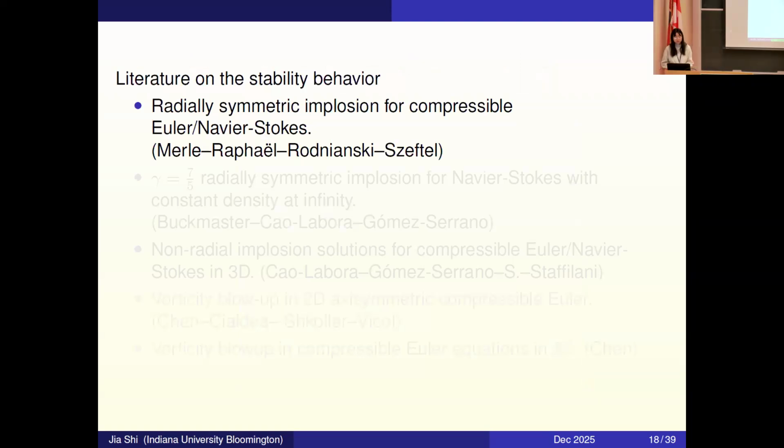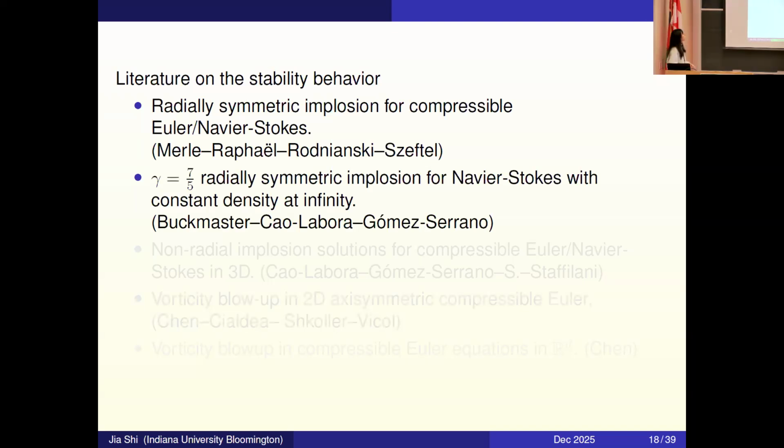So here are the literatures on the stability behavior. After their works on the C-infinity smooth self-similar solution, Merle, Raphaël, Rodnianski and Szeftel use the stability argument to show the radially symmetric implosion for compressible Euler and Navier-Stokes. And for the gamma equals 7/5 case, Tristan, Gonzalo, and Javi also show the stability result,